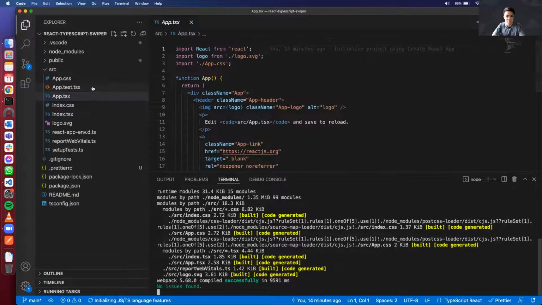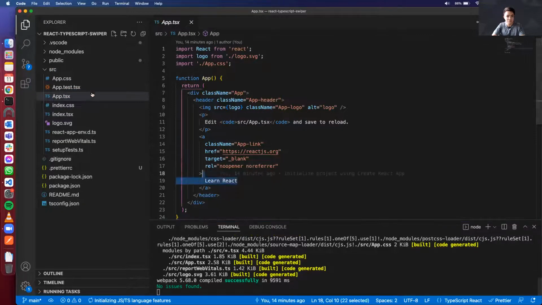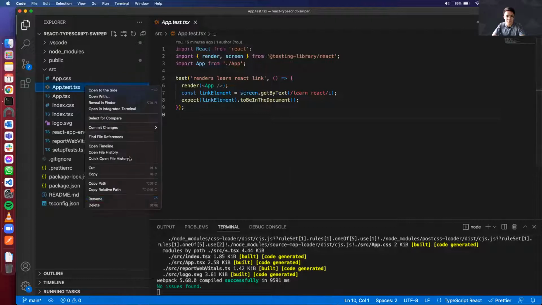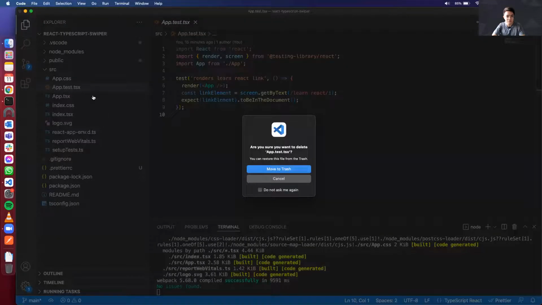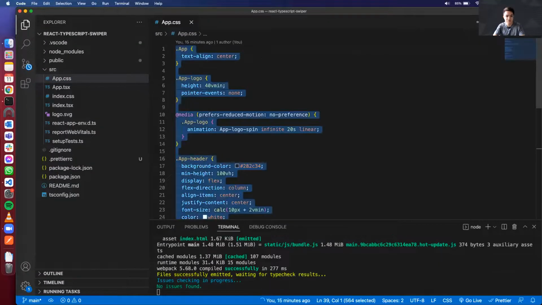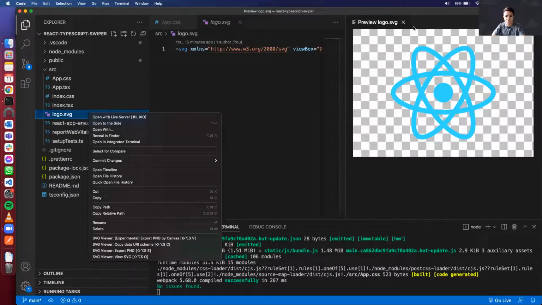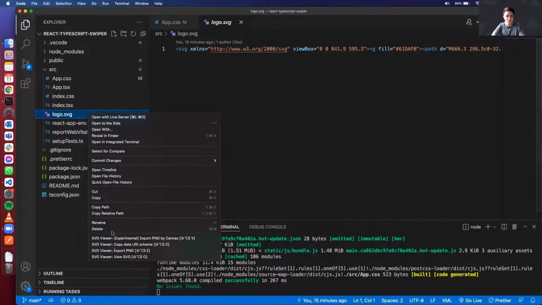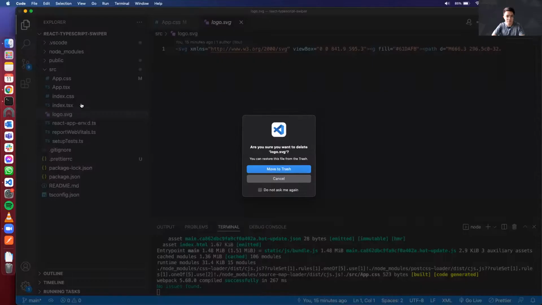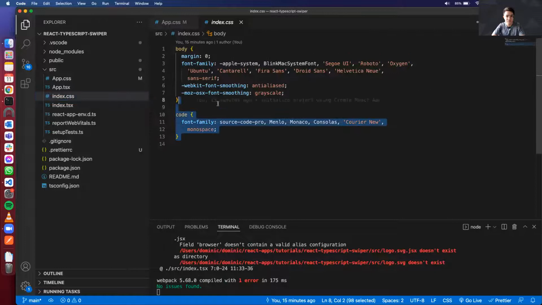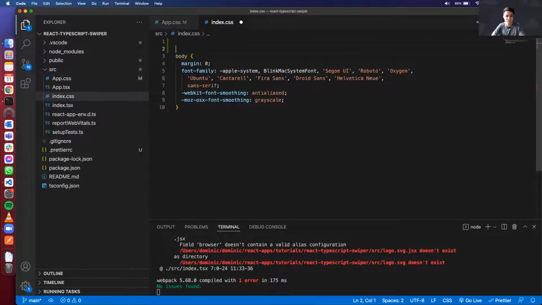And let's make some code changes. So this one, we don't need it. For the apps.css, we also don't need it. We don't need the logo. Delete this. For the index.css, we don't need this code style, but we need to add